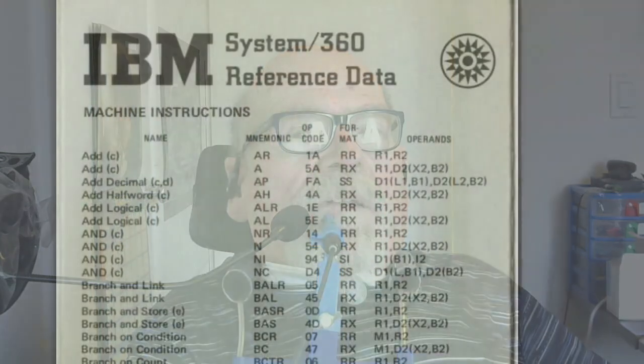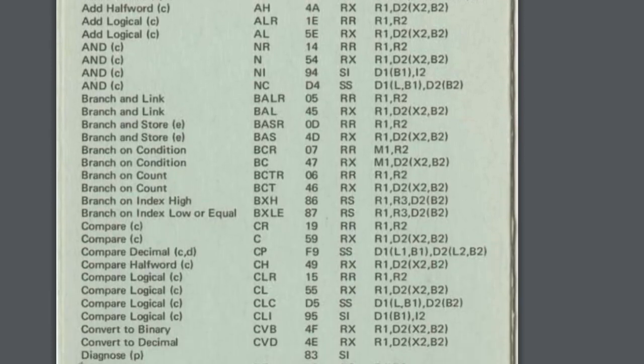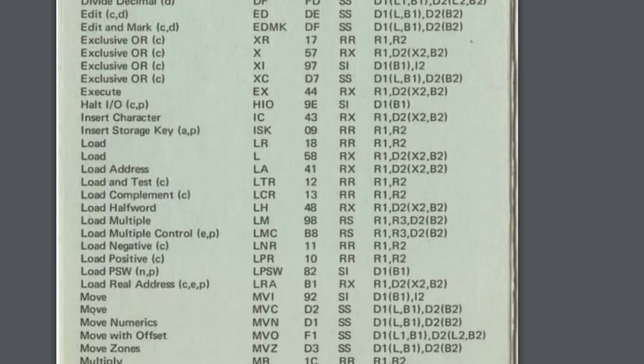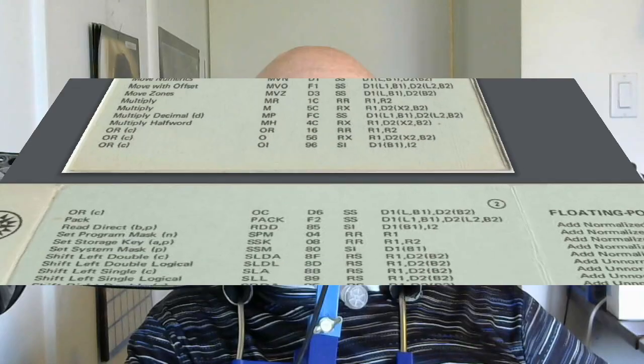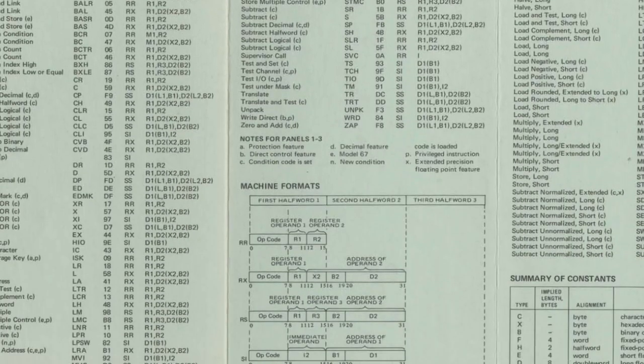Even though assembly language commands tried to use mnemonic codes that were allegedly easy for humans to remember, like LDA means load into register A, there were hundreds of commands with different variations, and we never could keep track of them all. We had something called an IBM System 360 reference card. It was a fan-folded card about 8 inches tall, maybe 3 inches wide, with 4 panels printed front and back on green cardstock. I included an image of one in the YouTube version of the podcast. I found a PDF of it online.